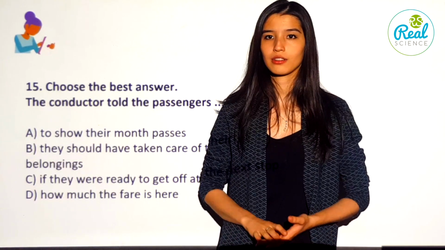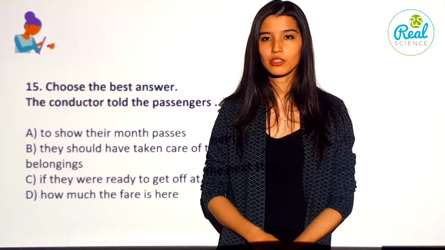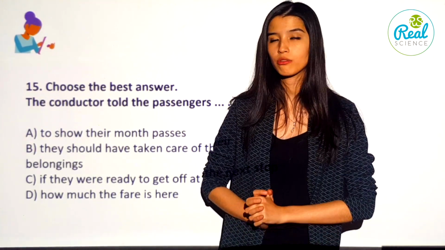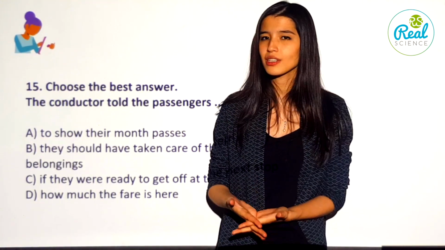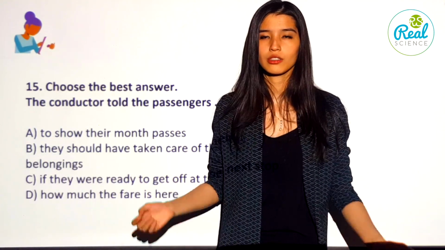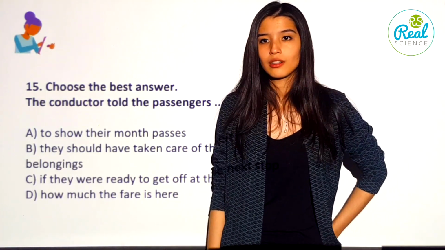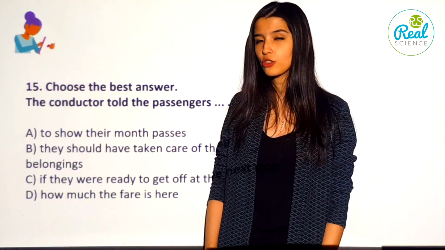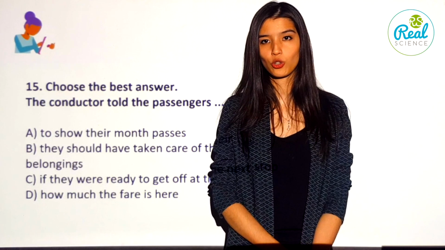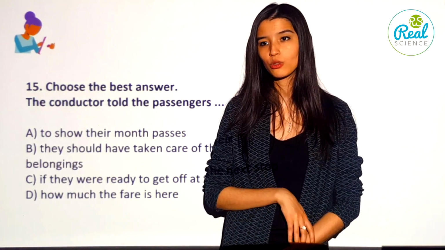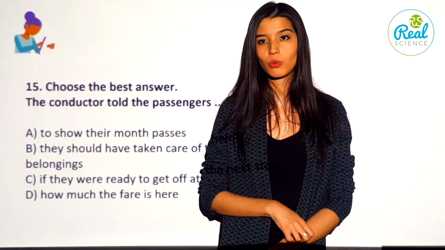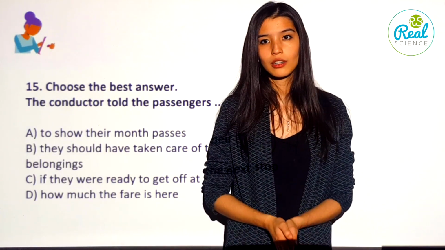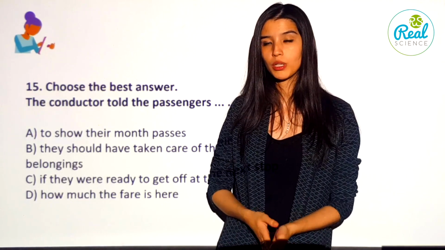So try allocating more time for the writing section rather than use of English and reading. And I would even advise you to do the writing first because use of English is easy. You would just circle the answer, and the same applies for reading. Writing is more important. And I want to remind you that you have to time yourself at home. Spend 20 minutes for task 2 and 15 minutes for task 1 and see how far you can go with this timing.